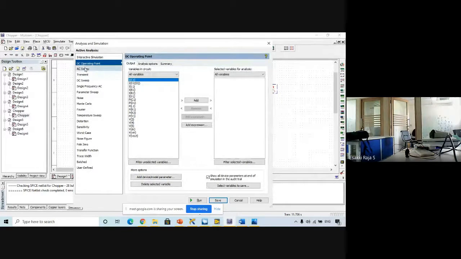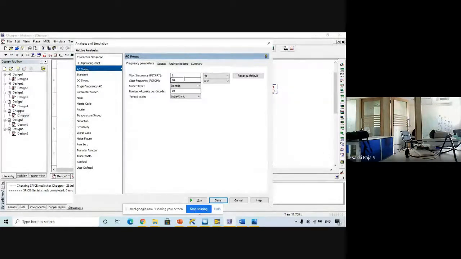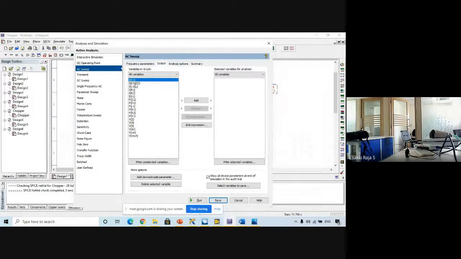For AC sweep, we just need to specify the starting frequency and ending frequency of our input, then specify what output parameter we need to read, and we'll be reading that parameter. DC sweep, in the sense, will be varying the voltage itself. So each analysis has its own functionality.